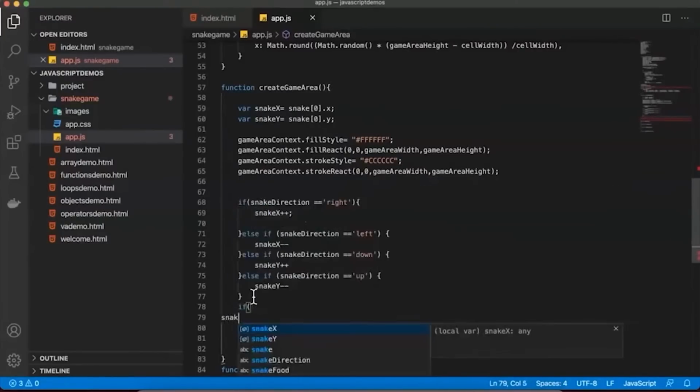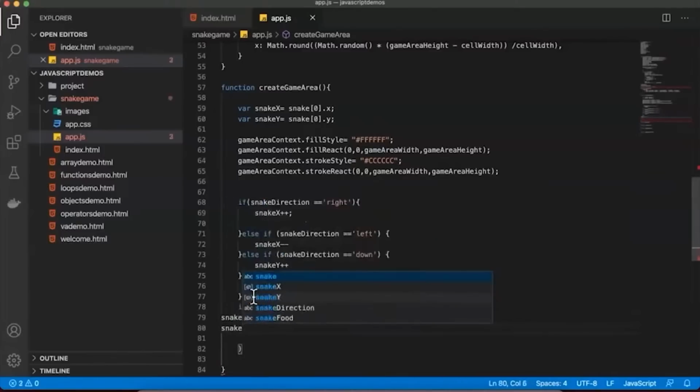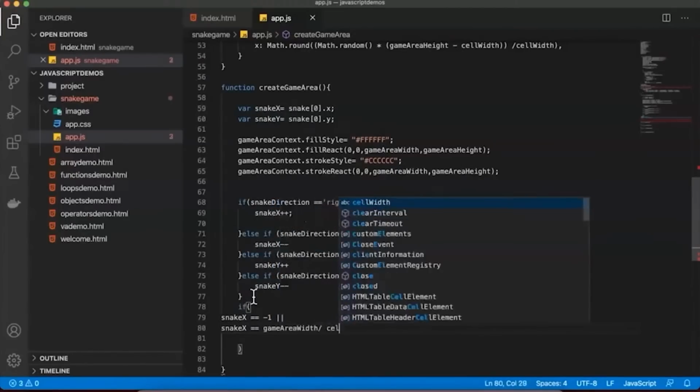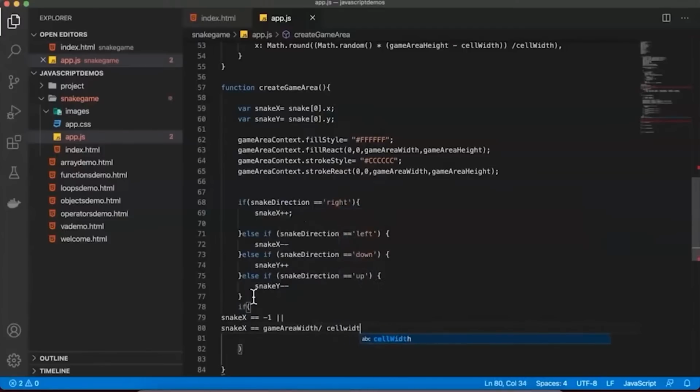We say if snake x minus 1, or snake x double equal to game area width, which we have taken, divided by cell width, okay, or